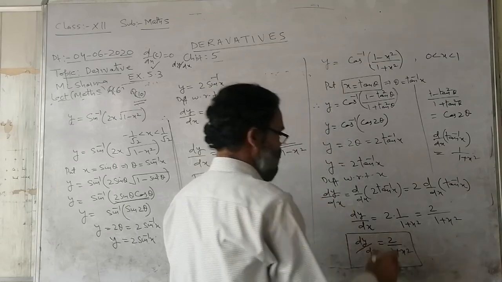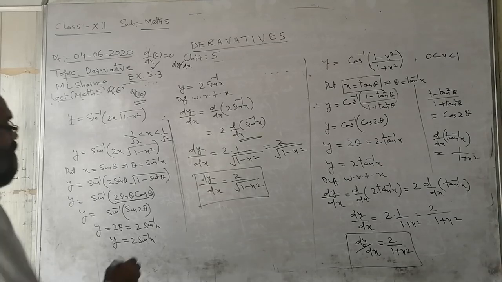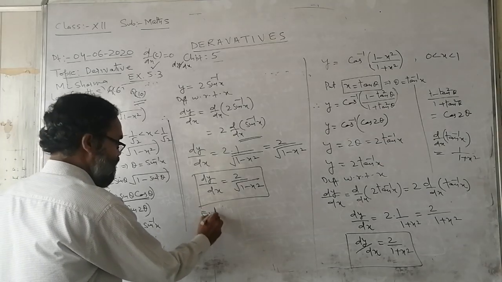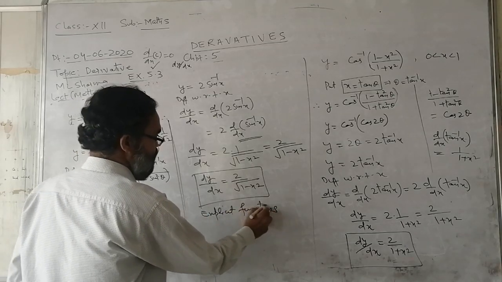So these are just simple questions. So almost there are 15 questions. So they are this simple one. So up to this today, explicit function. Its derivative